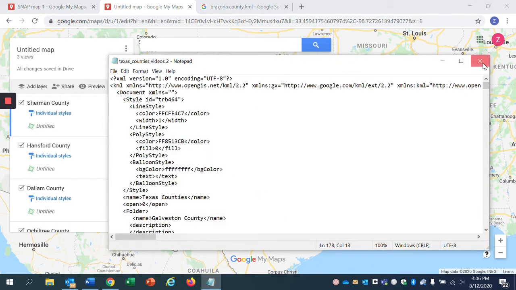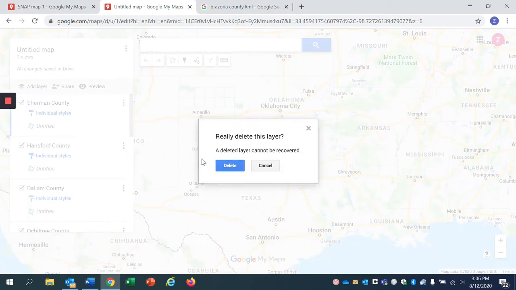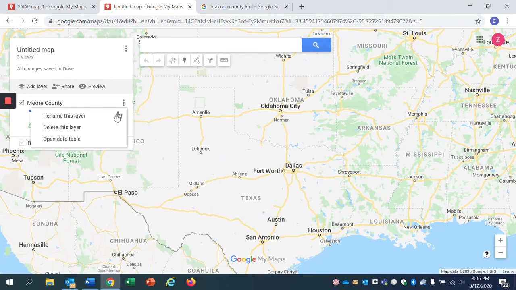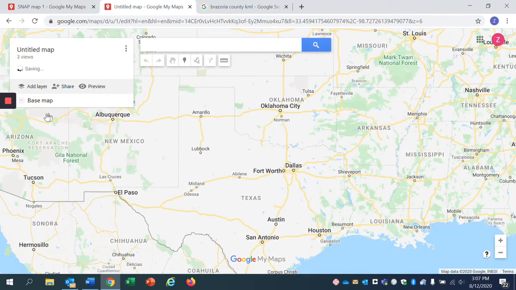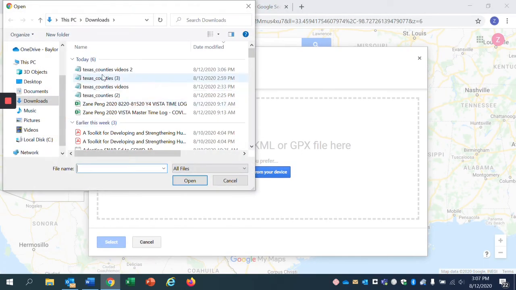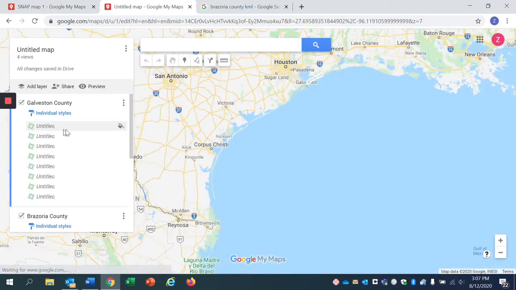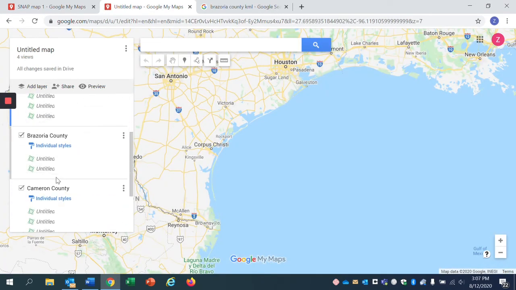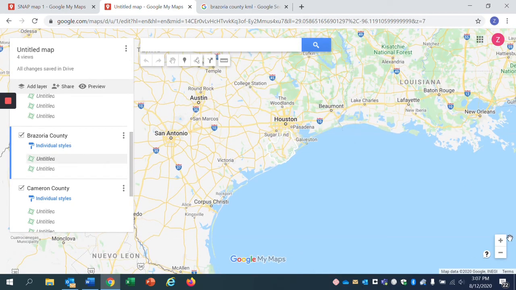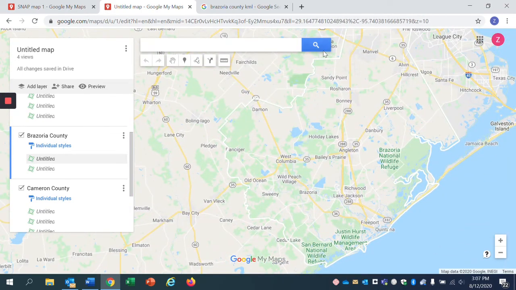Alright, so now I go into Google My Map. Let me delete the layers and import my revised file. Alright. So it's loading, that's a good sign, meaning that the file is working. And now you see that there is a section of Missouri County. So I click Untitled, zoom in, and you can see that there is the Missouri County boundary line as highlighted